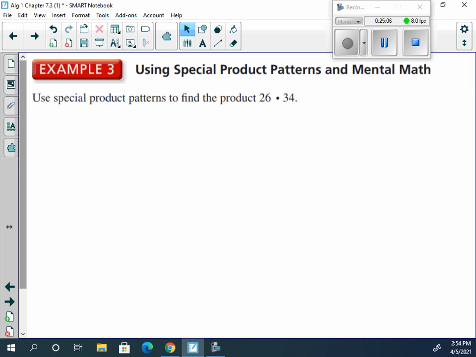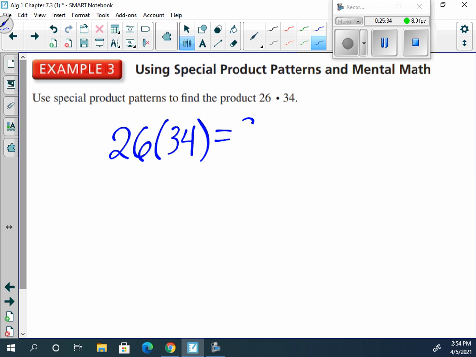Use the special product pattern to find the product of 26 times 34. Now, 26 times 34, how would you go about doing that if I told you to find the product of 26 times 34? I would plug it into the calculator. We agree with that? I mean, that's what we can do. Now, if we didn't have a calculator and we had to do this by hand, what we could do